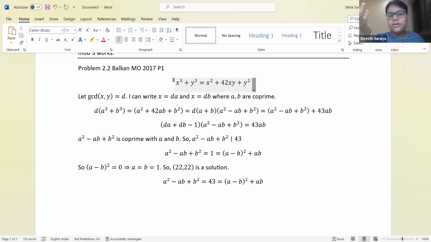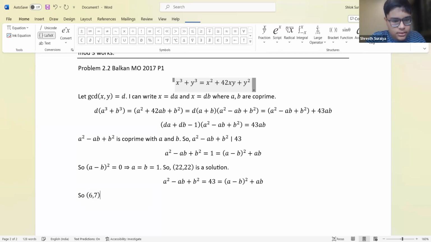If a equals b, then ab equals 43, which is not possible. If a minus b equals 1, then ab equals 42. That is possible, because 6 and 7. So 6, 7 and 7, 6